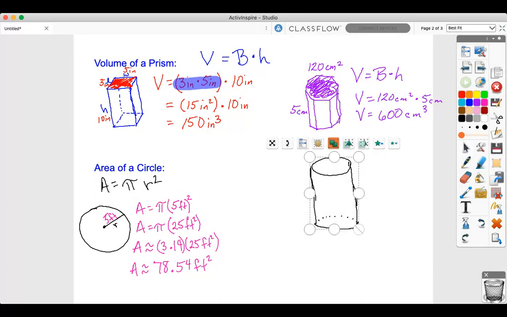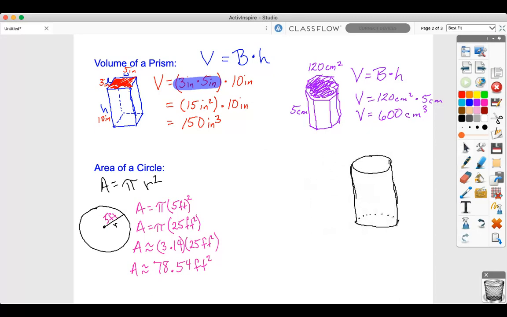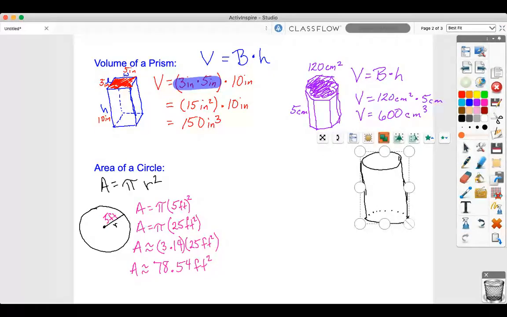Okay, so here's what I'm going to do. I'm going to move this over, because there are some times where you're not given the radius. Sometimes you're not given the radius. Sometimes you're given what's called the diameter. And if you're given the diameter, what you're going to need to do is use,